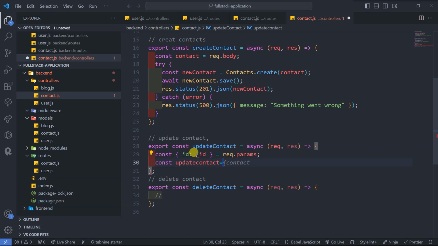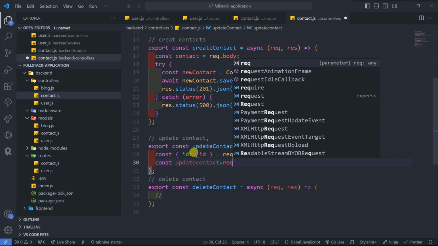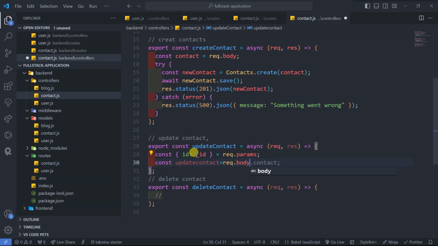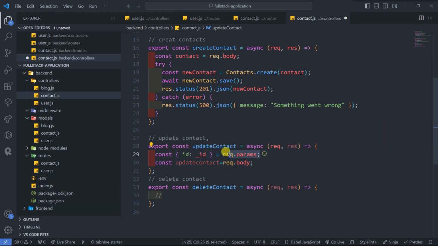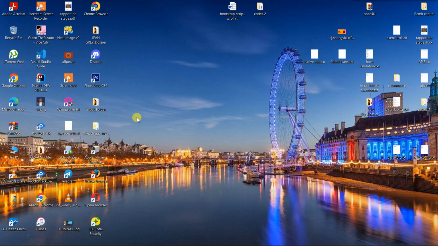Update contact is equal to what? So what can we do with that one? Then we are going to do request dot body. Okay, the procedure is very simple. First you get the ID, you assign that ID into this ID with no underscore. Next you have this one, update contact here, is a variable which is going to get all what a user can put in the form. This one is getting from the form, and then this one we are getting from the underscore something, meaning like if you go here, assuming to